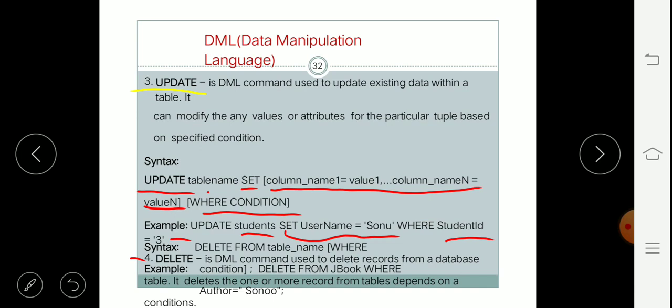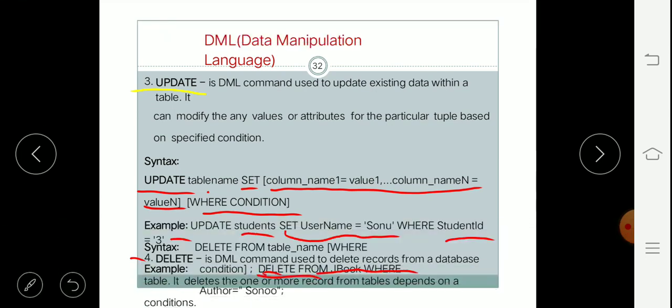For example, if some student has left the college and we want to remove his details from the student table, we can use the delete command to delete that particular row. Or if a particular employee has left the organization, we can use the delete command for that. And the basic syntax is very simple: delete from table name and the condition. This is the basic syntax.